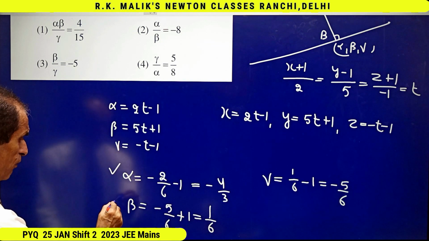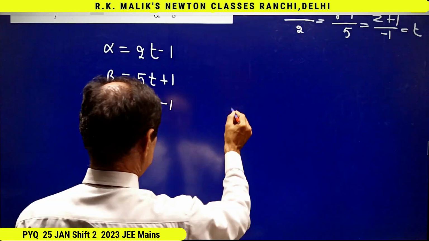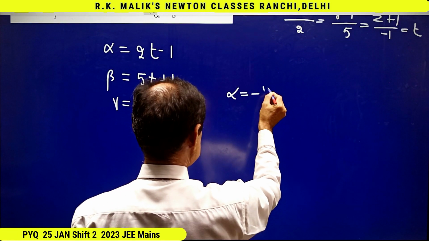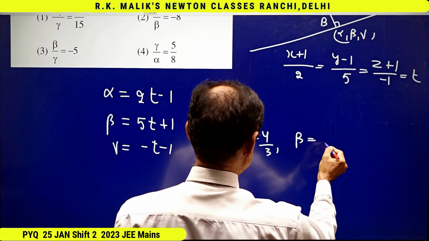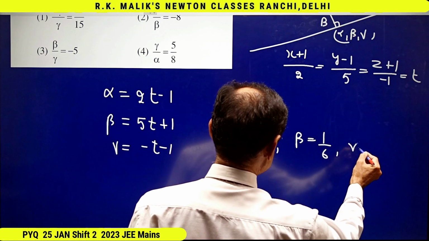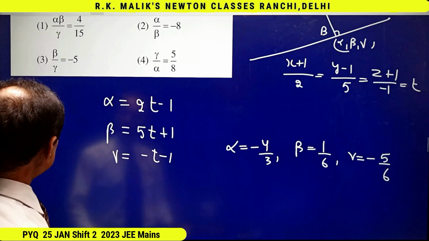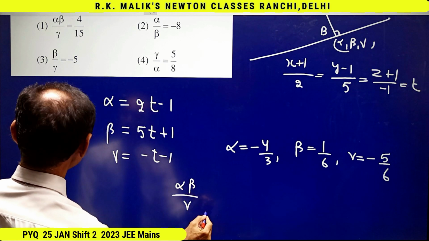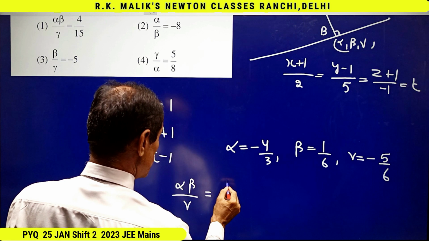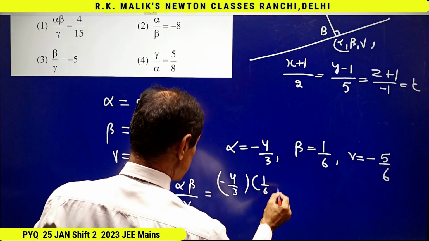And with the help of these three values, I will check the choices. As alpha is minus 4 by 3, beta equal to 1 by 6, and gamma equal to minus 5 by 6, the value of alpha beta upon gamma is equal to